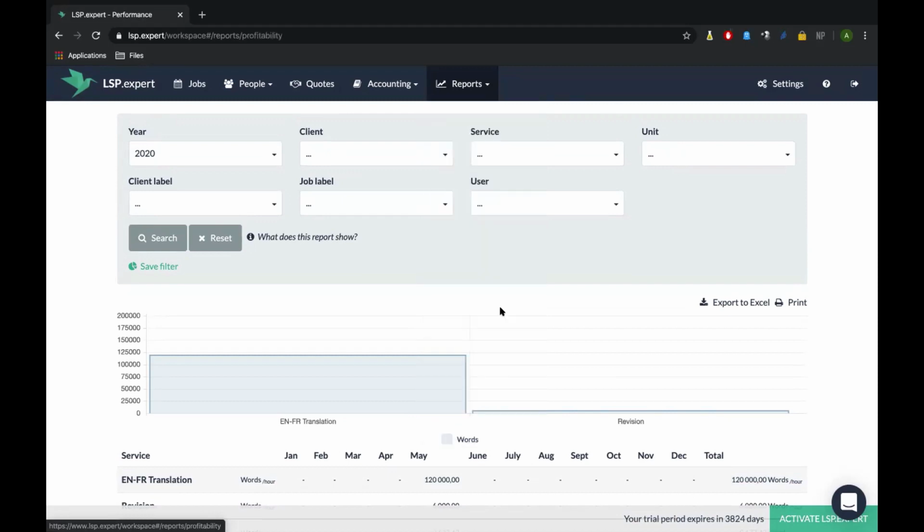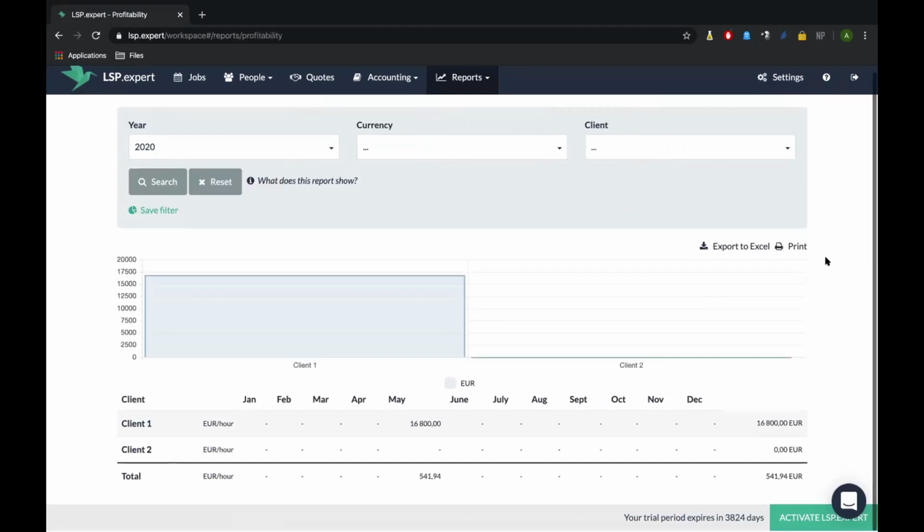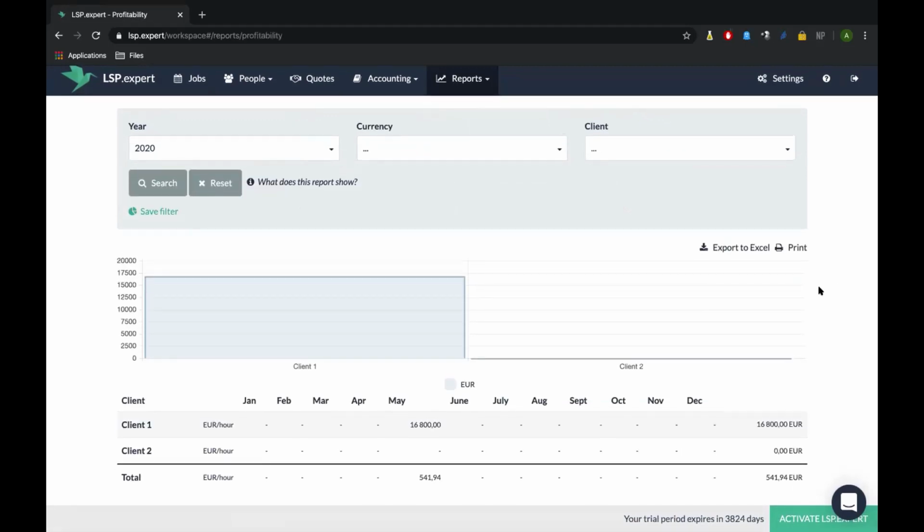You also have a profitability by client, which is nice because you know how much you're making an hour for that client. So again, knowing yourself and knowing your client. With performances, you know how good you are at some tasks and not others. And with this report about your clients, you know which client is more interesting for you. Okay. I think we're done.